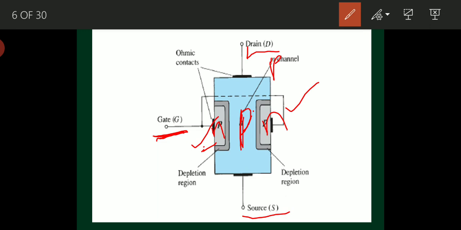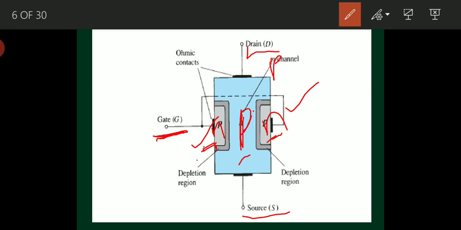Here in FET, only majority charge carriers take part in conduction. In p-type, holes are majority charge carriers, and in this n-type gate, holes are minority charge carriers.